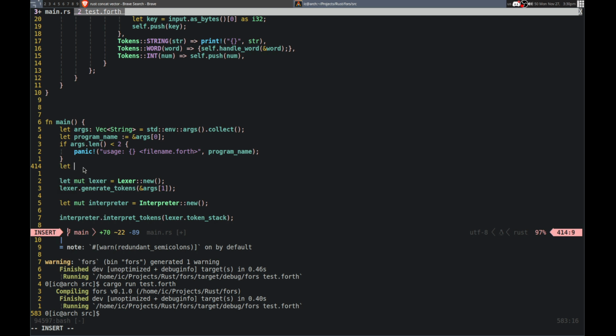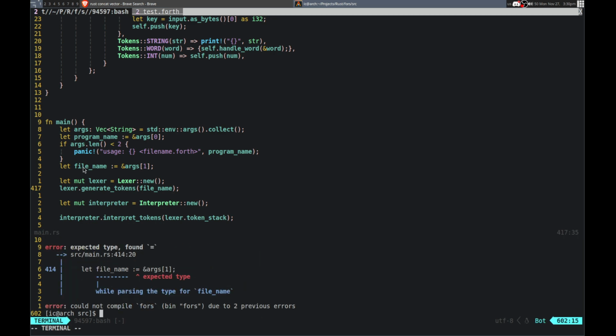And then we can let file name equal args 1,